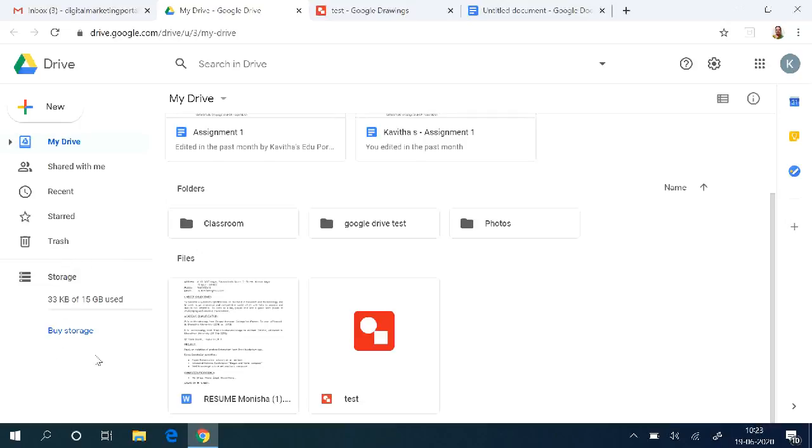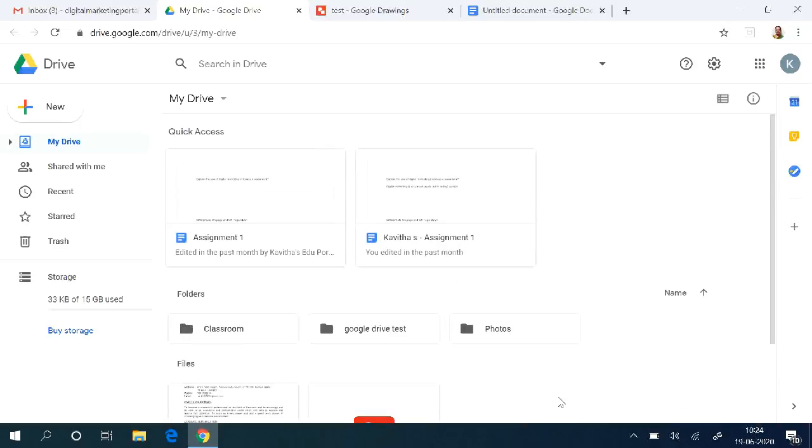And the storage space: in a personal account, Google is giving you up to 15 GB of data you can store. But if it is a G Suite account, then you can store up to 1 TB. In a personal account, if you want to store more than 15 GB, then we have to buy storage. For that, the better option is that Google is not restricting how many Gmail accounts you can have, right? So you can create your own Gmail accounts, and each Gmail account gives you 15 GB of data space. So I think that will not be a problem.